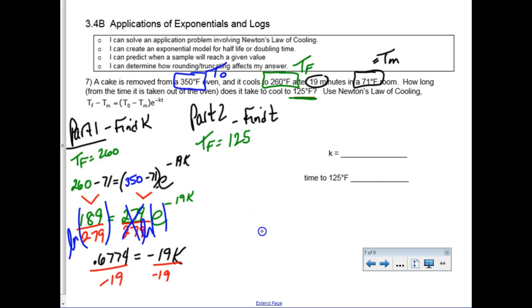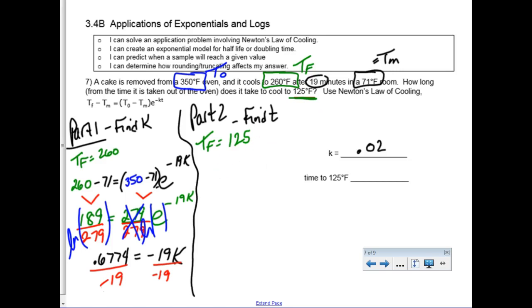So we get a k of approximately 0.02. And at some point you're going to have to round and truncate. It'll tell you where to round on your test. I think it says to the hundredths place here. So that's part 1. Now we've got to go through and do part 2, but the difference is we have